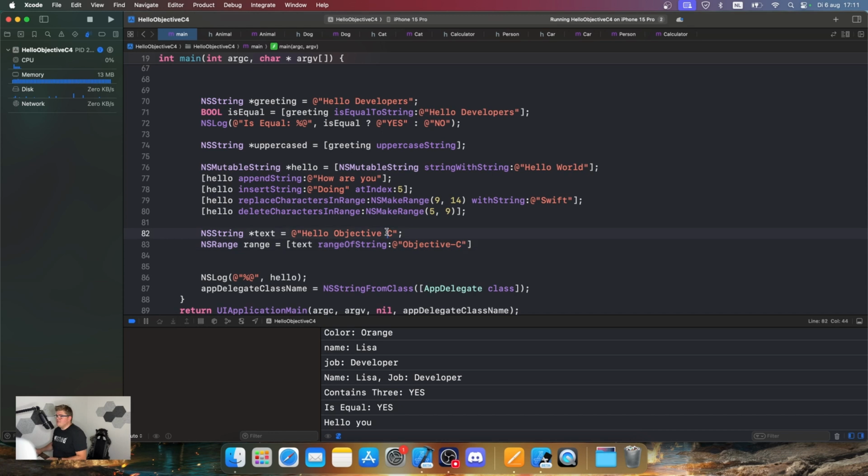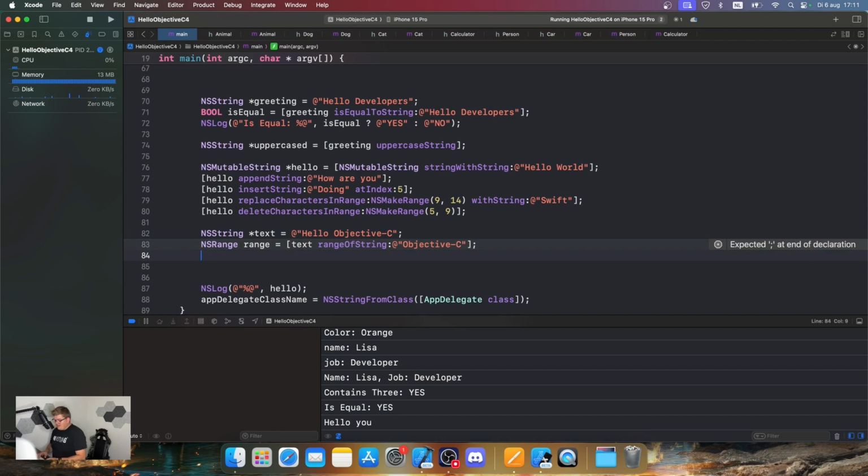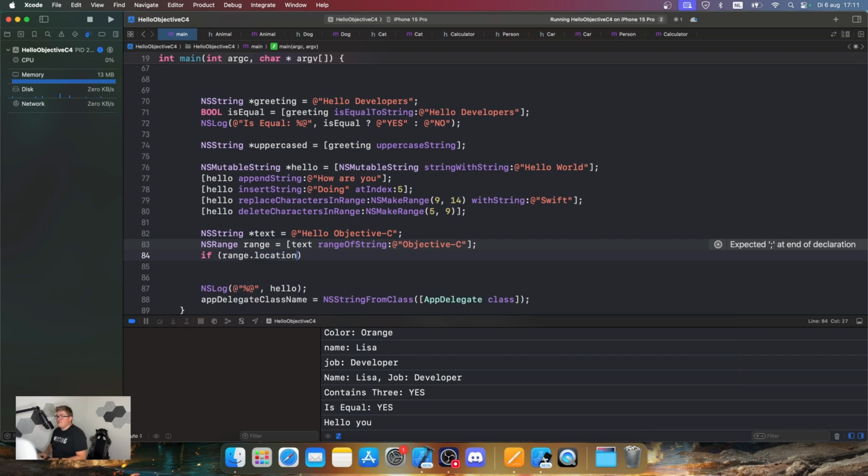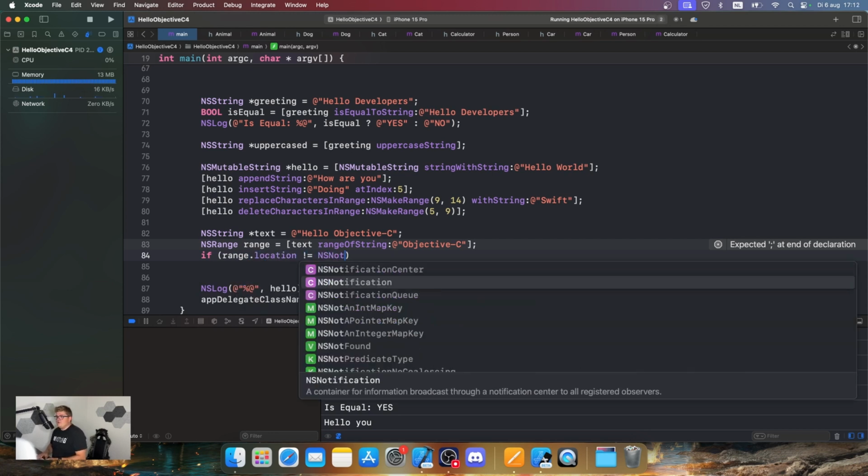So Objective-C, let's actually put a minus sign in between so that we can actually find it. Let's close this off. And now we can actually say if range.location is not equal to NSNotFound,